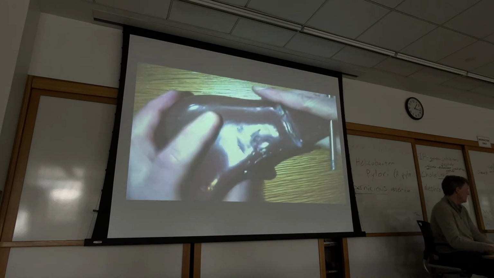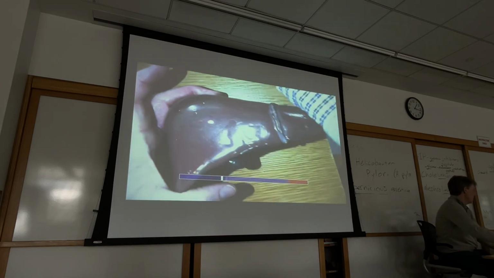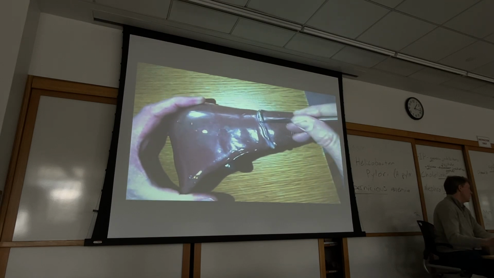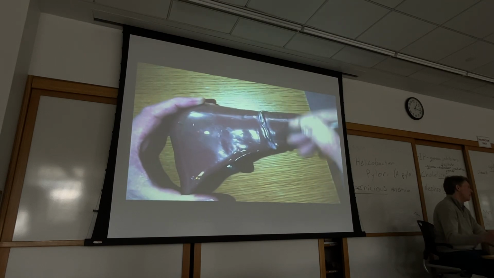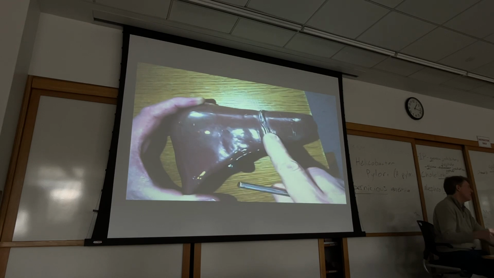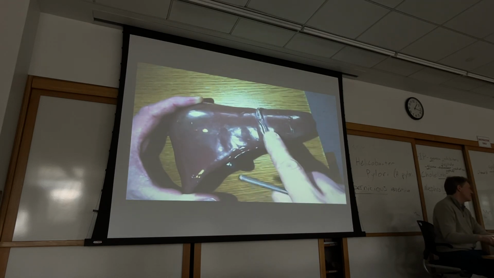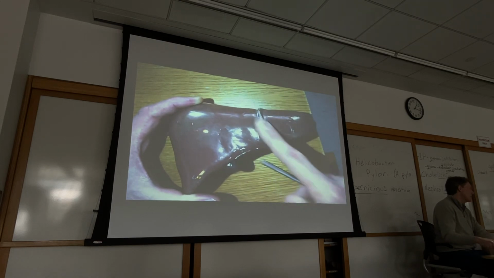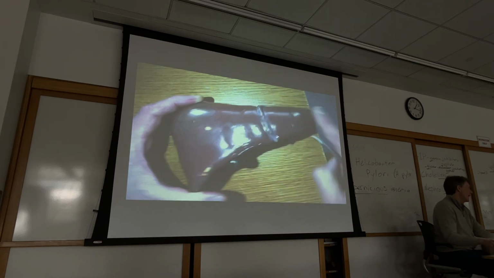Here's the liver. This is kind of what the position would be like when you're looking at someone. This little edge here, that's the falciform ligament. That's one of the peritoneal folds. That's what holds the liver in the right upper quadrant, attaches it to the diaphragm and to the anterior abdominal wall. Over on this side of it, the smaller part is the left lobe,